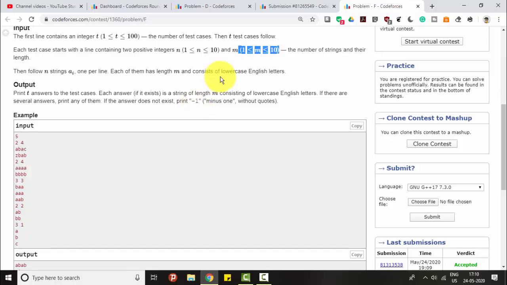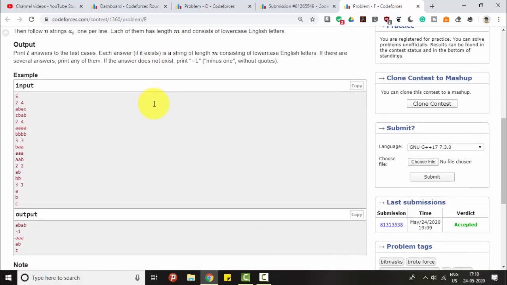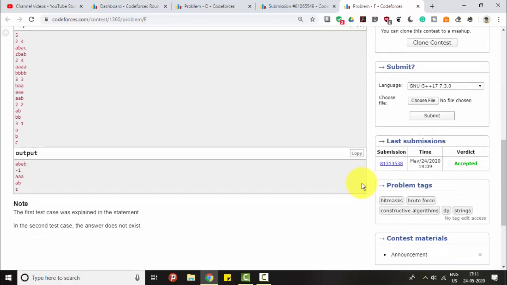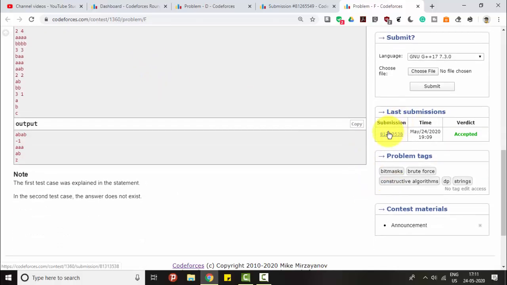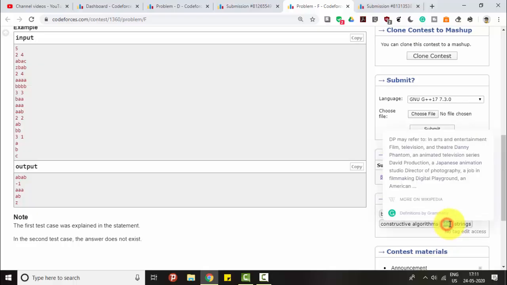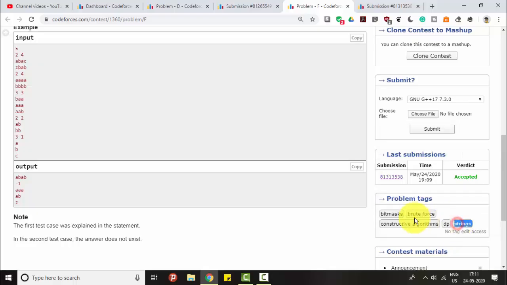we find that the constraints are really low, so it means that we can actually apply brute force here, because 10 really doesn't make a count here, and even if we go 10 power 4, meaning n square into m square, we will still find a solution. So we'll just iterate over everything. I'll explain it in the code. So moving on, here the tag is also given: brute force, or someone can do it with DP also, strings, constructive algorithms.